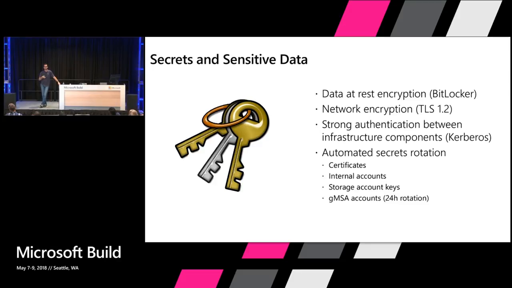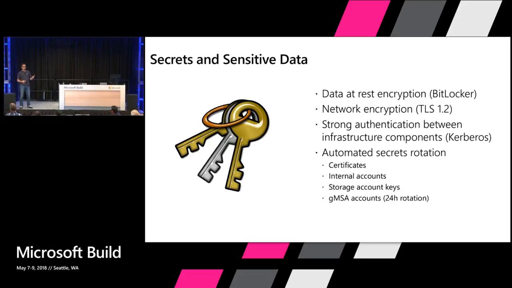Data at rest encryption: if you take any standards out there, they all require data at rest encryption. So it's enabled by default in Azure Stack through BitLocker. Network encryption: all those boxes that you saw in the architectural diagram, they all communicate with TLS 1.2 only. Therefore, all the communication inside the infrastructure is encrypted. And we manage the certificates for encryption inside the infrastructure itself. There is a certificate authority, so all this certificate rotation can happen automatically. We actually provided a script you can run as frequently as you want, and you rotate all the secrets of the infrastructure.